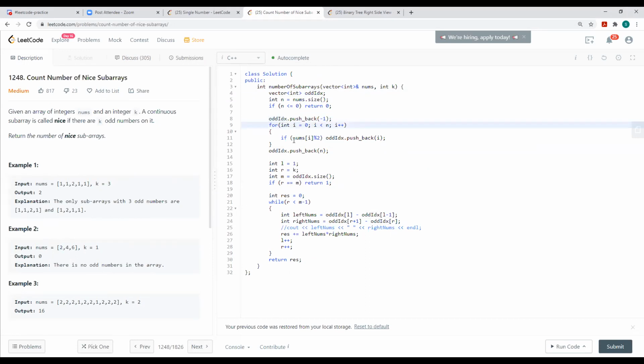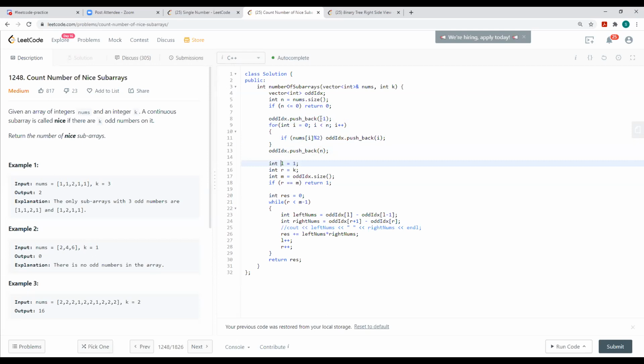Whenever I get any odd index, I push it into my odd index array. At the end I also push the last value, which will be the size n. So I have -1, the left extreme side, and n, the right extreme side. Then again I start with two pointers. Now my first left will point to 1.